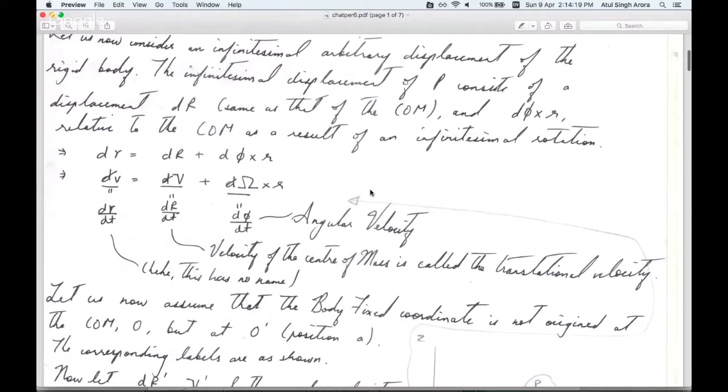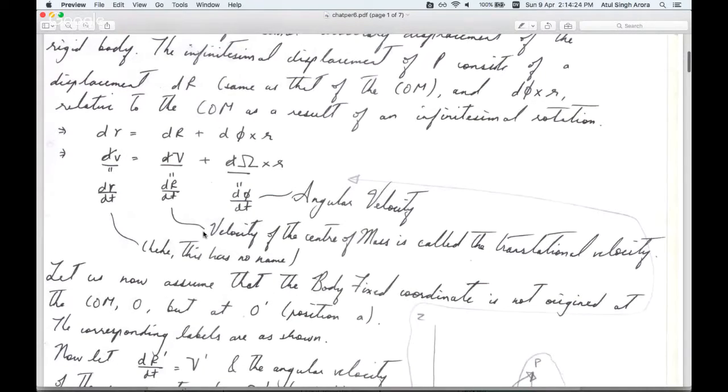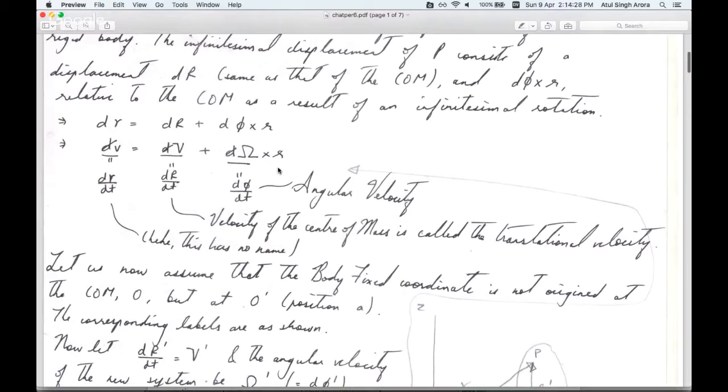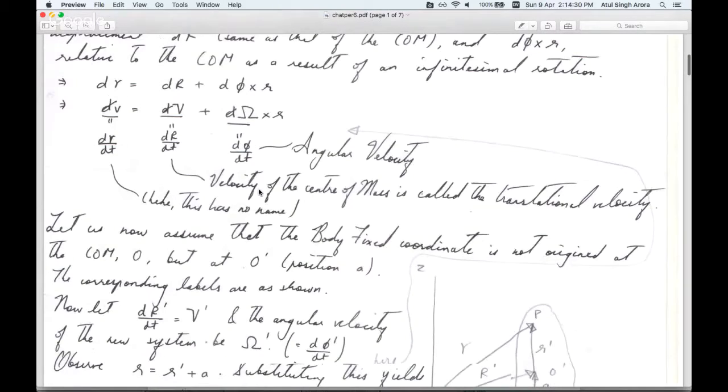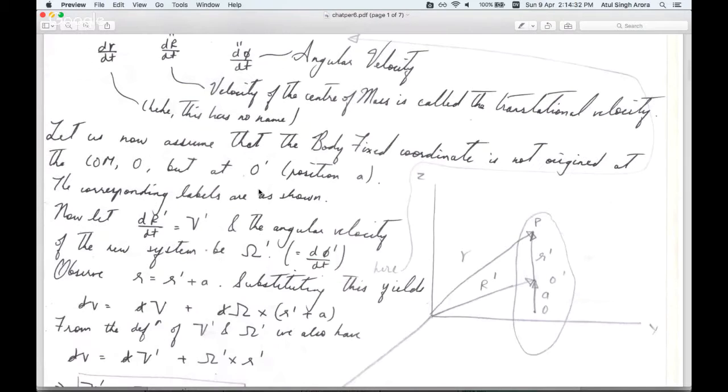dr is equal to dR plus d phi cross r. And you can take the time derivative to obtain that the velocity small v is equal to capital V plus omega cross r, where omega is called the angular velocity. So this was angular velocity for